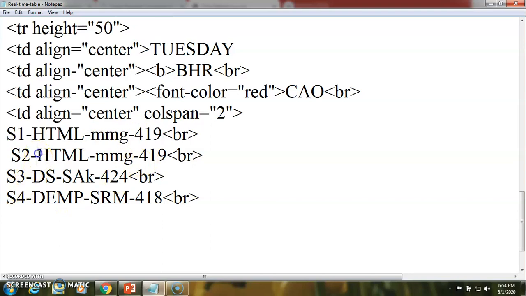Then the second slot may have the practical. Then for batch S3 we can have another slot.